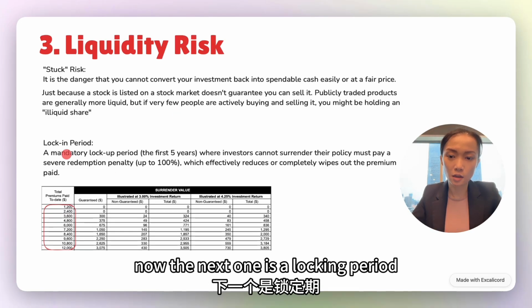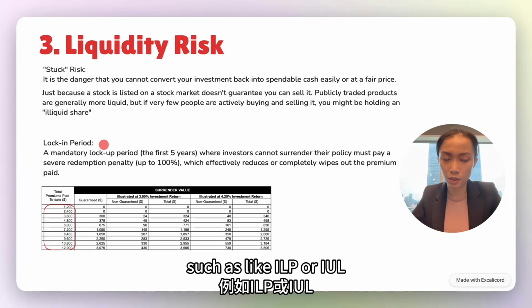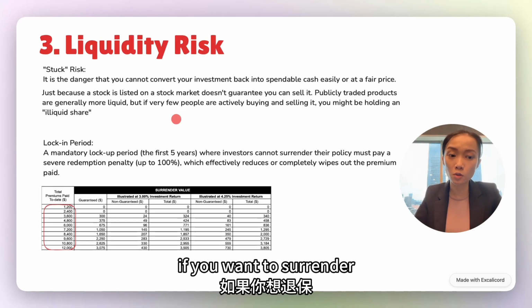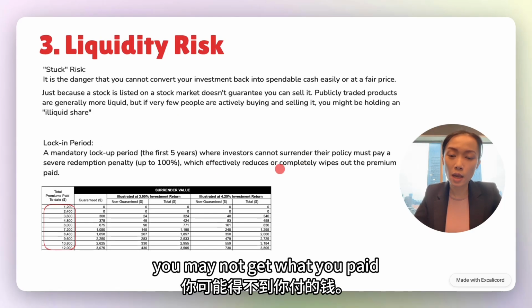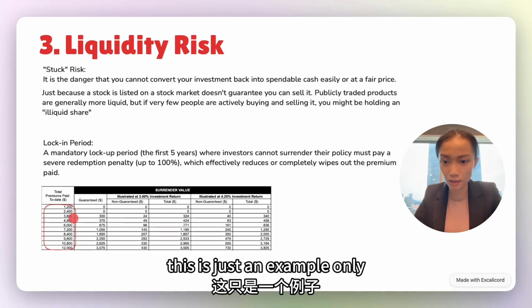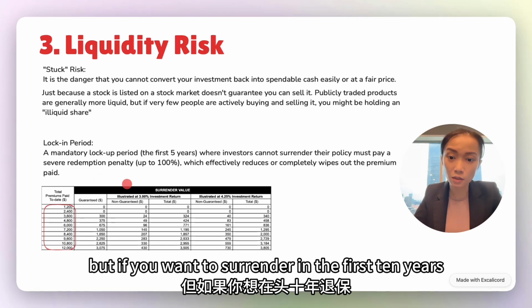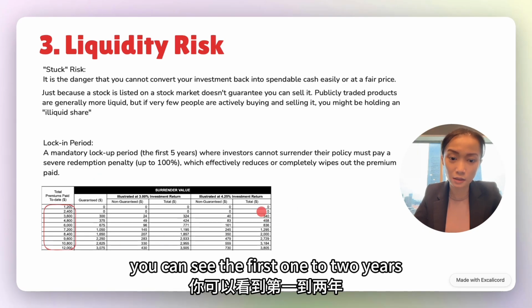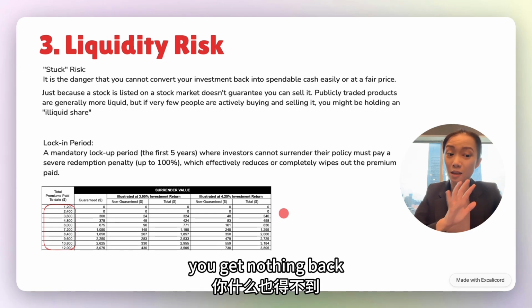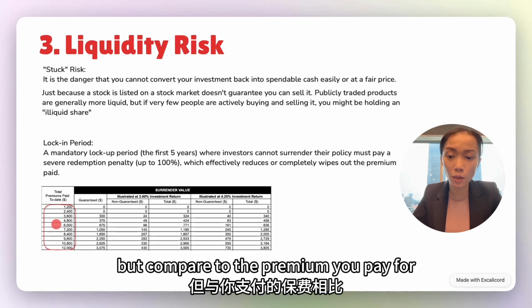Now, the next one is a lock-in period. This is quite common for investment-related insurance, such as ILP or IUL. If you want to surrender, you may not get what you paid. So this is just an example only. Say this is the premium you pay every year, but if you want to surrender in the first 10 years, you can see in the first 1 to 2 years you get nothing back. The third year you can get a small amount of cash back, but compared to the premium you pay,